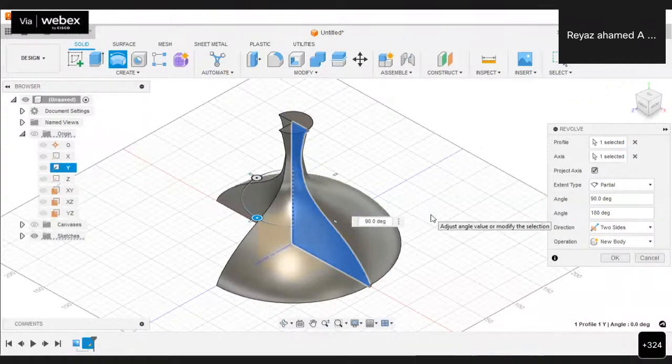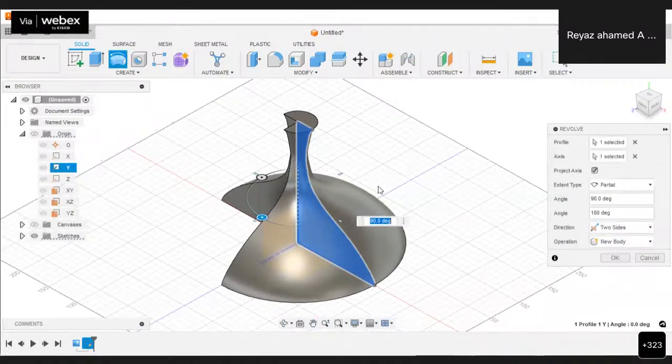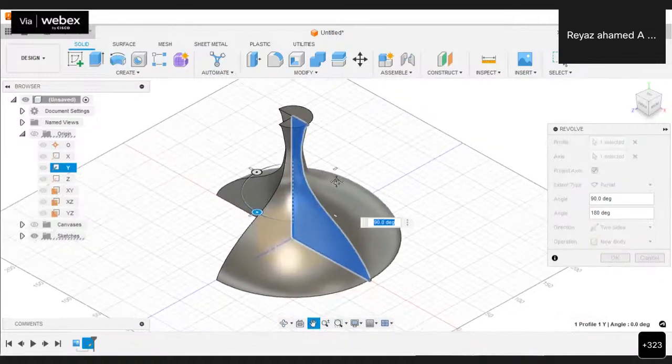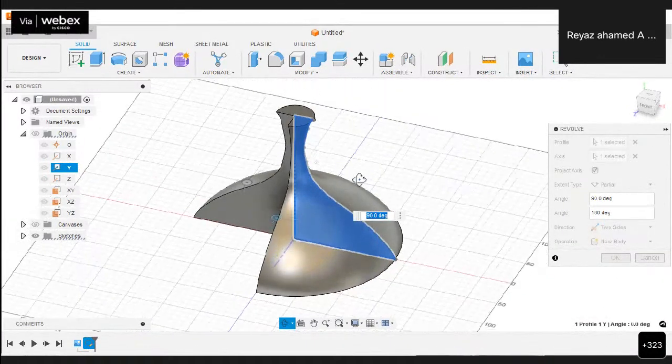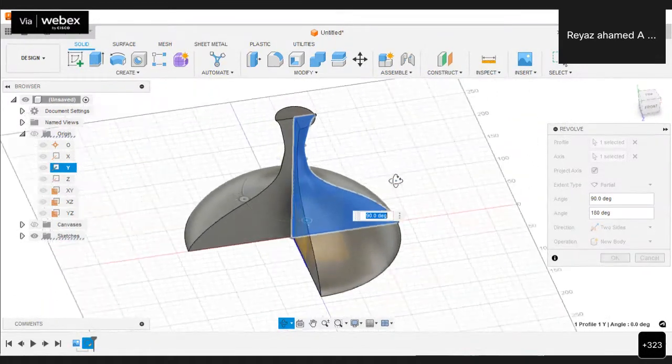See, I have to rotate this object. For rotating the object, what I have to do is click on the central scroll button of my mouse, with the help of the shift key, and then I just move my cursor.